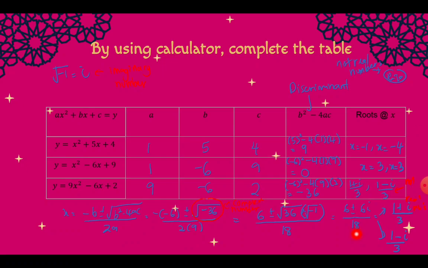So in conclusion, we can say that from these three expressions, only two quadratic expressions have roots. In the first case, we have two different real roots, because we are talking about real roots. And for the second one, we have two equal real roots because we have the same number, right? So I would write here,